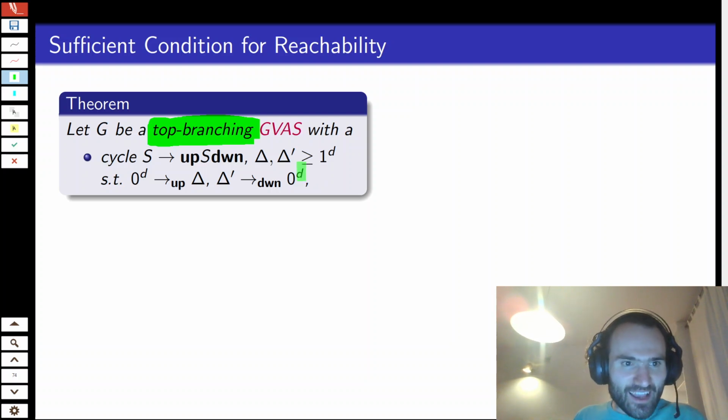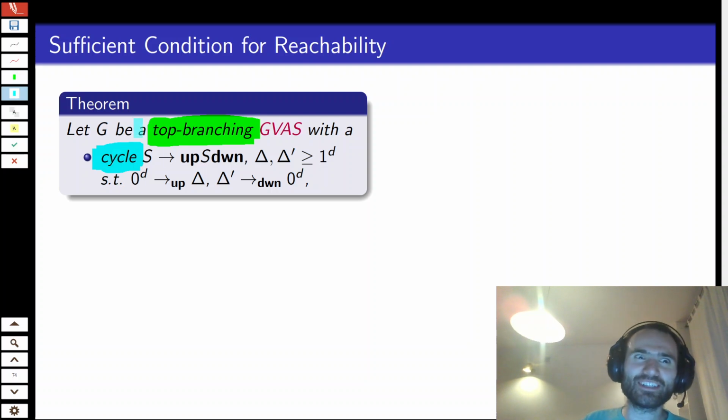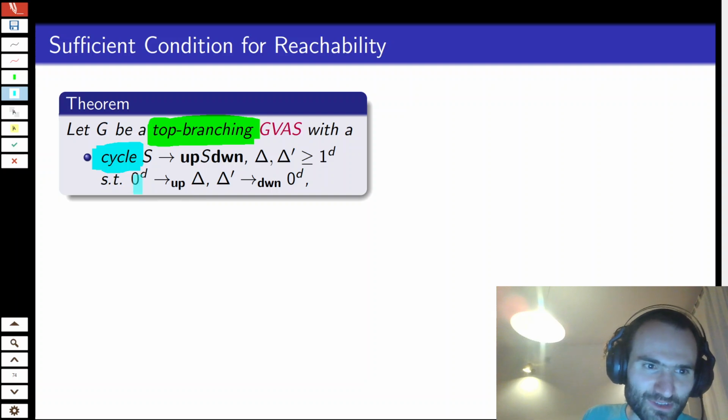Okay, and we assume three things. First of all, we assume that there is a cycle that what we call pumps the current configuration. What does this mean? Well, this cycle on the left derives some word up and on the right derives some word down. And these words are supposed to be constructed such that using the word up,